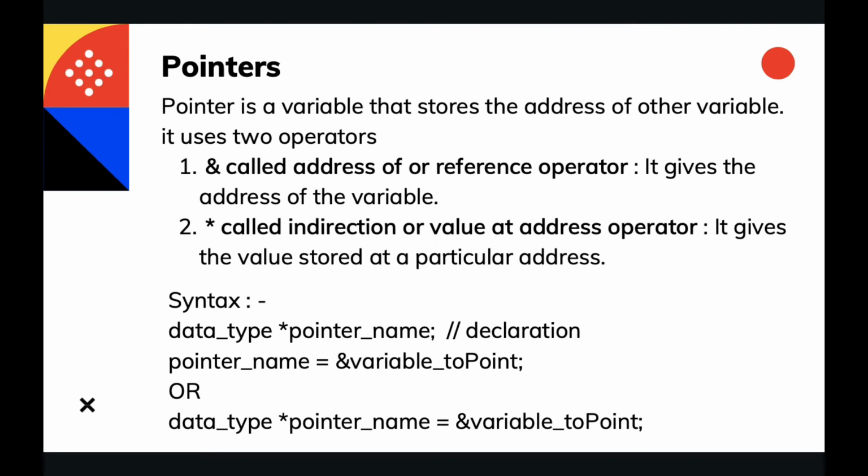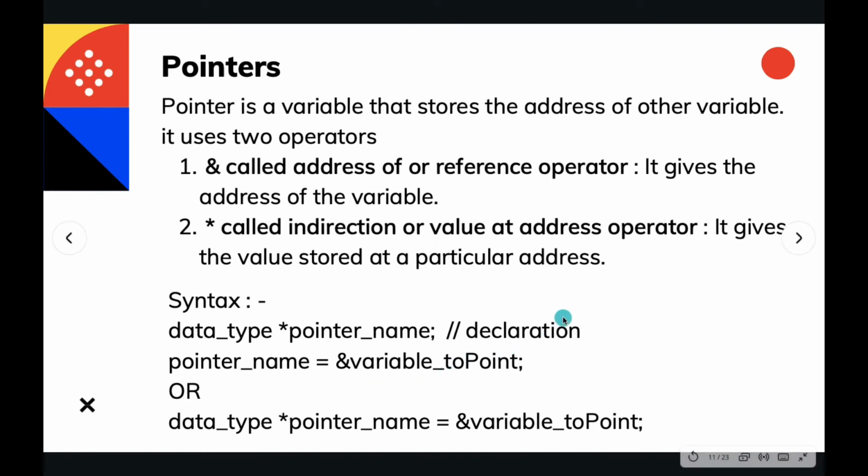You can have a long pointer, a double pointer, a float pointer, a character pointer, and an integer pointer. The syntax for declaration of a pointer is you specify the data type the pointer is going to point to, then asterisk and the name of the pointer. The name of the pointer follows the same rules that we have for naming variables or identifiers. Then we have pointer name equals the address of the variable to which the pointer is going to point, that is, the address which the pointer is going to store.